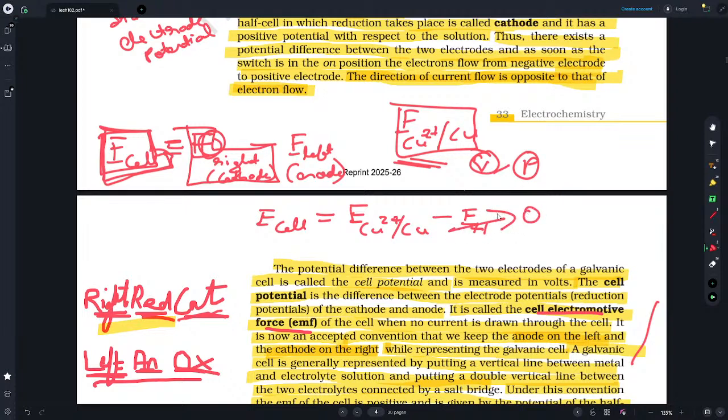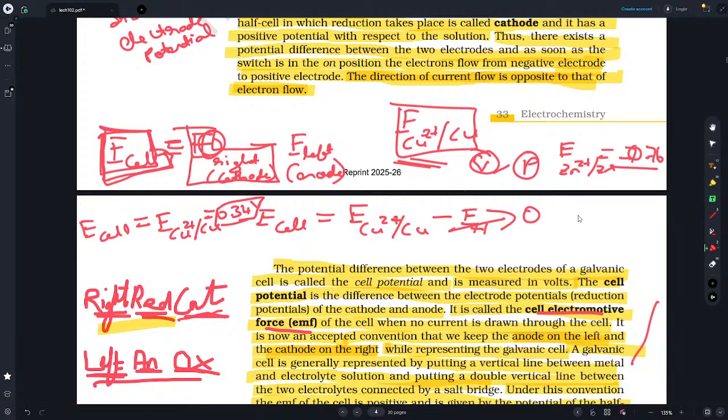As this will become 0, the electrode potential of the cell in the case of copper will be equal to the electrode potential of the individual Cu2+ to Cu. In the case of copper, this equals 0.34 volt, meaning that copper is more reducible in comparison to hydrogen. But in the case of zinc, Zn2+ to Zn is negative 0.76,